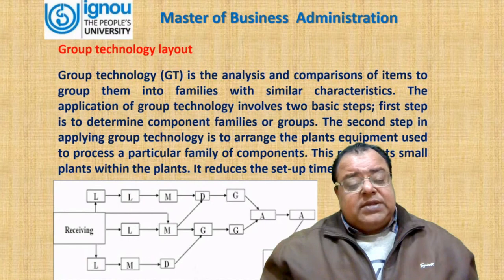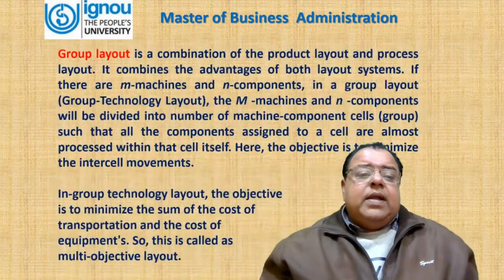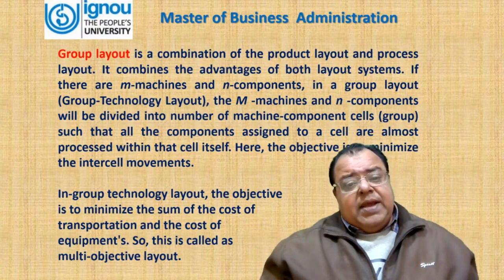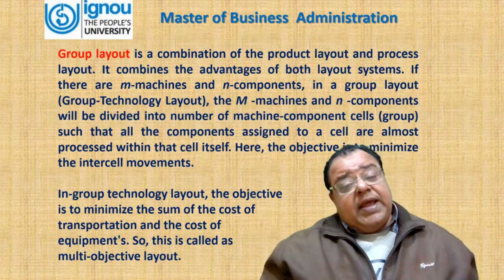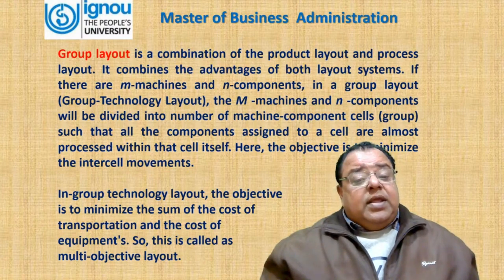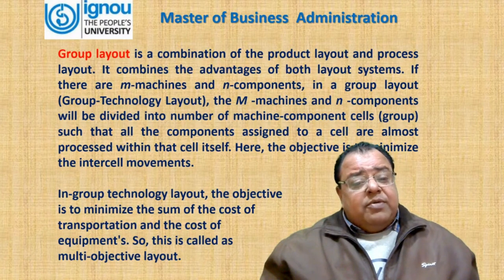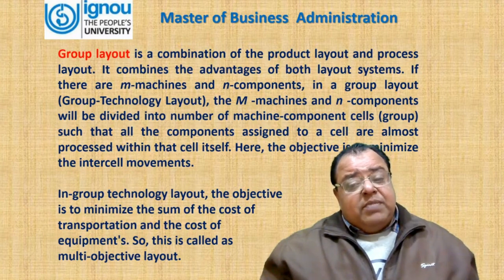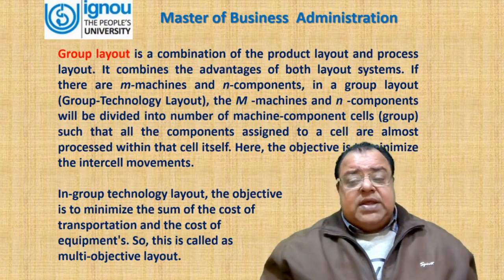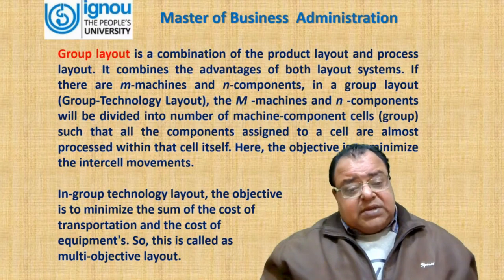It reduces the setup time. Group layout is a combination of product layout and process layout. It combines the advantages of both layout systems. If there are M machines and N components in a group technology layout, the M machines and N components will be divided into a number of machine-component cells, which we call groups, such that all components assigned to a cell are almost processed